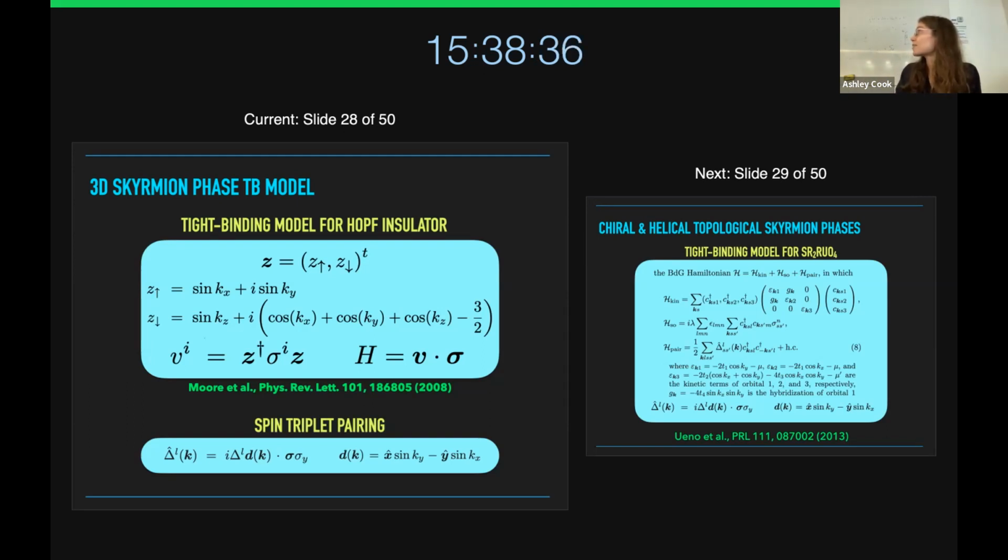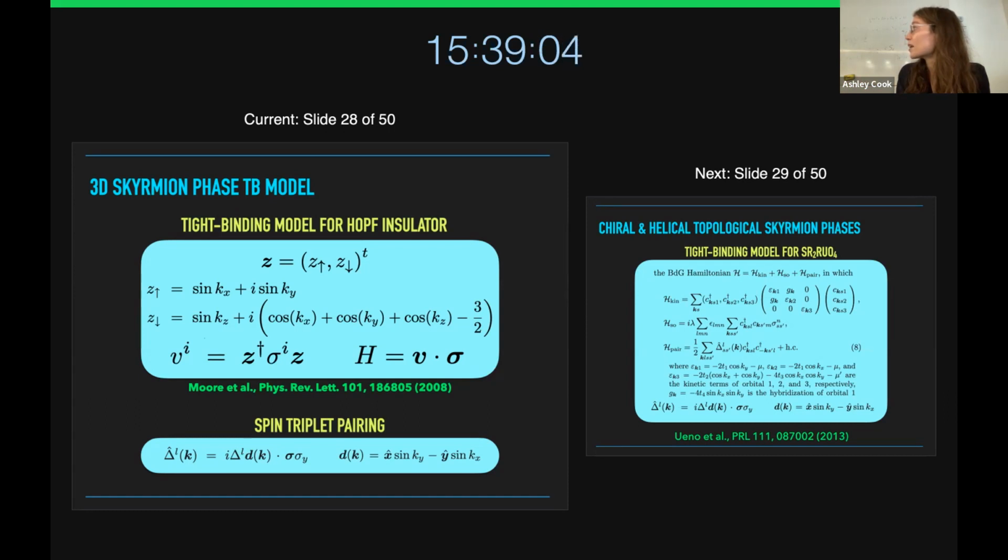All right. So this slide was specifically for Piers, basically. So you asked about the tight binding model for the 3-dimensional Skyrmion phase that I talked about yesterday. And that meant you were asking partly about the tight binding model for the Hopf insulator. So basically, the block Hamiltonian takes the following form in terms of this vector of Pauli matrices, and